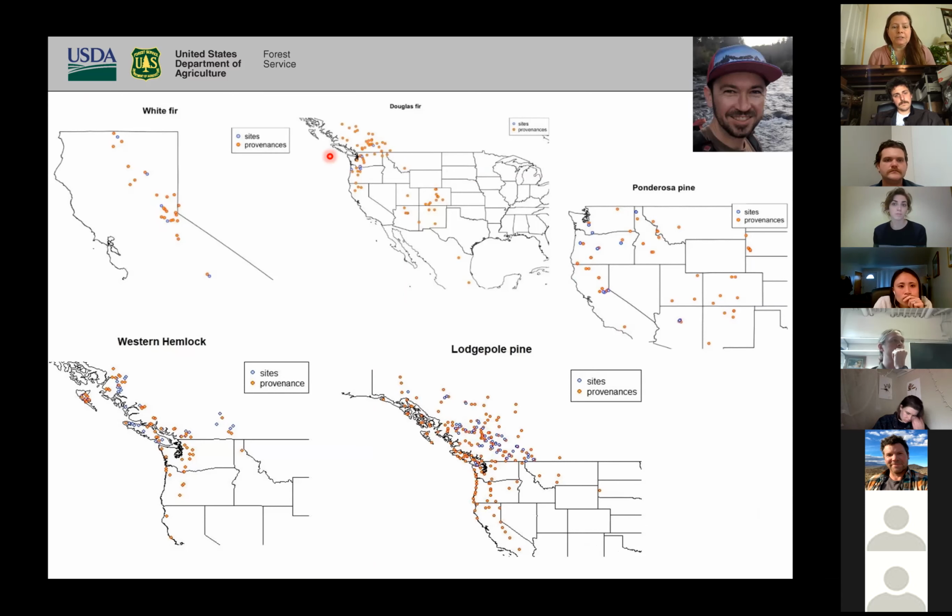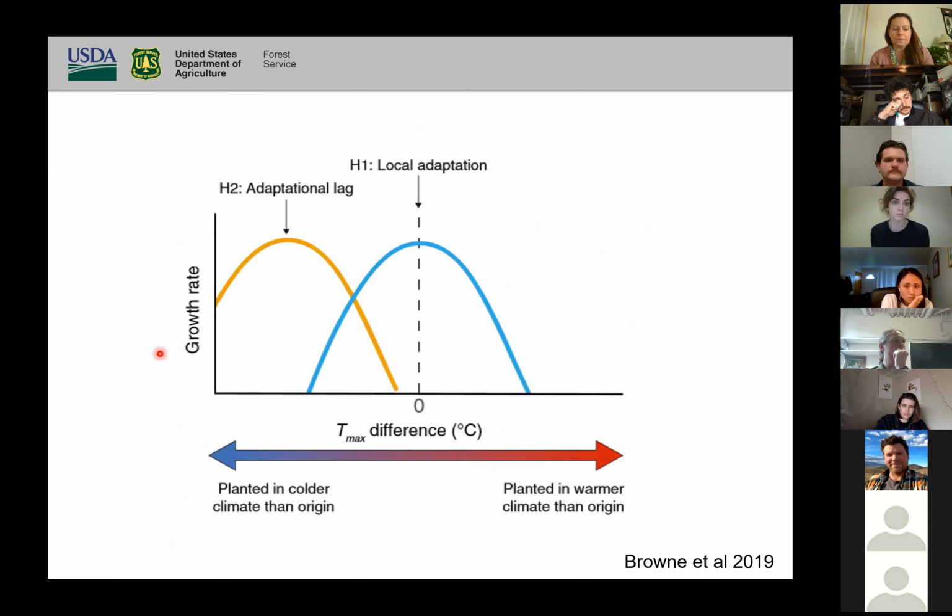Canada. And you can see here, I'm going to show you data today from 5 species. I think he's up to 14 at this point. Got white fir, Doug fir, ponderosa pine, lodgepole pine, and Western hemlock. Now here's the basic hypothesis, which came from a paper another postdoc I worked with, Luke Brown, did on the